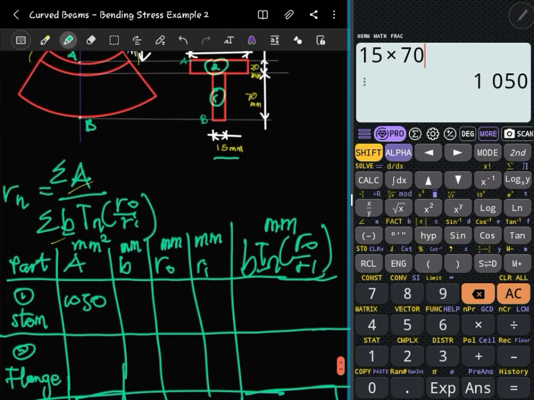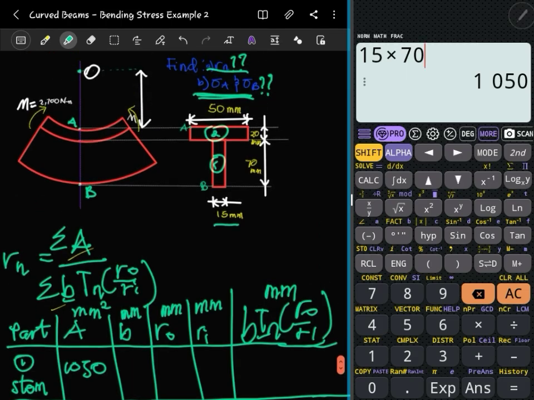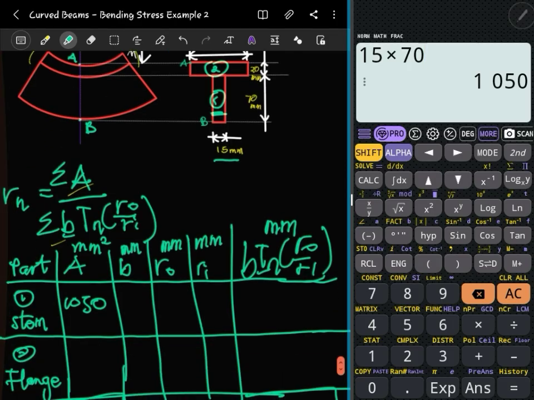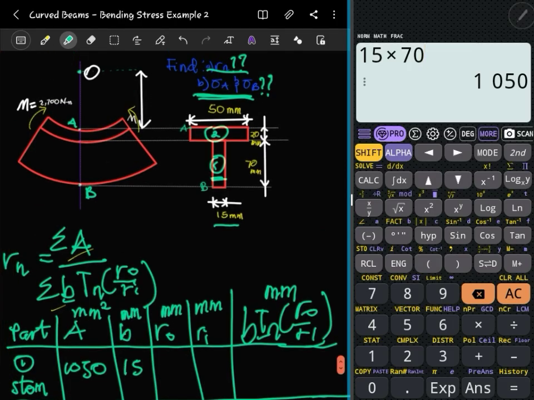So the B for the stem. Then again, what do you say about the B? We said the B is just the thickness, just this thickness here. So for the stem, the thickness is what? 15. And now we are trying to get the